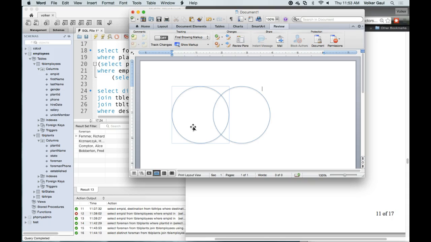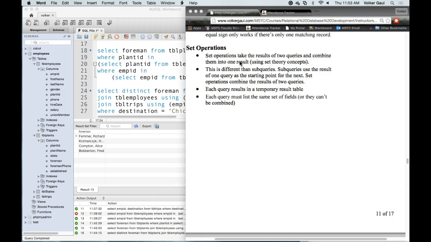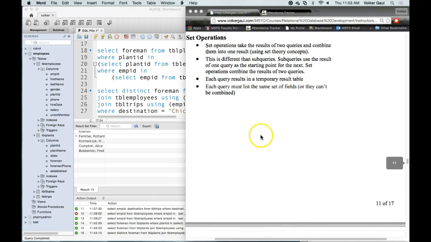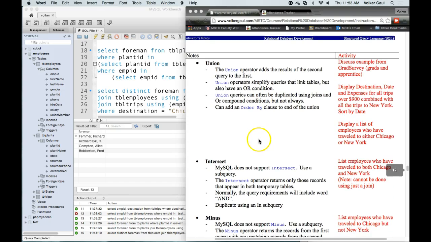Make sense? So how do we do that in SQL, and why do we do it in SQL? The best example I can give you is a database that I designed for Midstate Tech that does